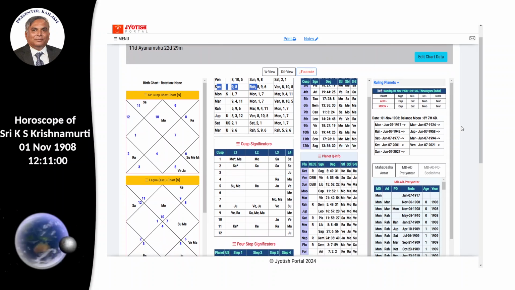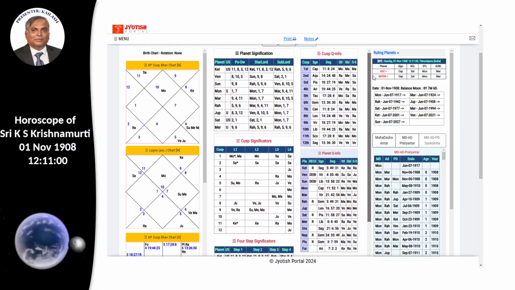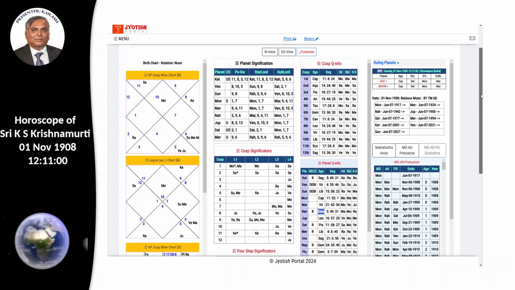Rahu in the professor's chart indicates Mercury, right? Rahu is in Gemini. So Rahu indicates Mercury, which is a dual sign. Some of the students might jump to the conclusion that this person will have multiple marriages because Gemini is a dual sign. If one is not aware of whom this chart belongs to, if this is, let's say, a blind chart, then you are going to make all kinds of